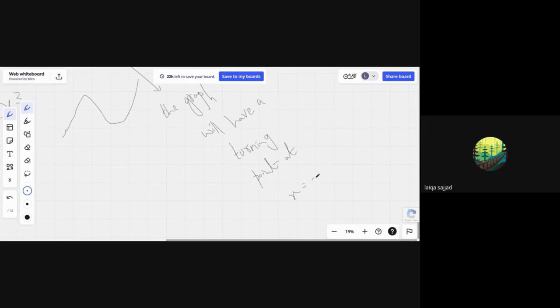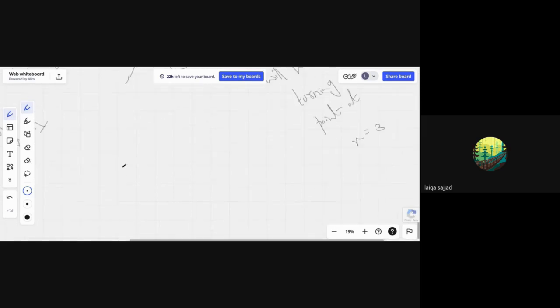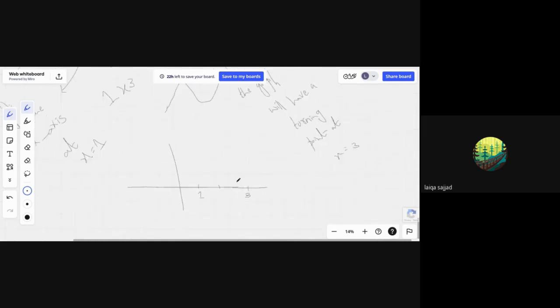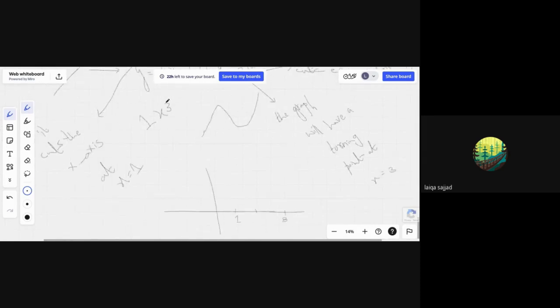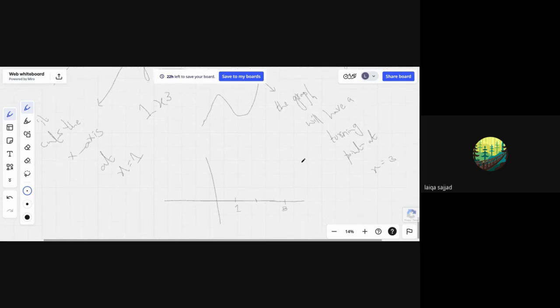So there's a difference. So when we plot it, it would be 1, then 2, then 3. We know it will start from the top right, it will come down, and which point do we get first? In this case, when the power is odd and the coefficient is positive, it will give you a minimum first. So from here, you will start, it will come down, and it will give you a turning point at this